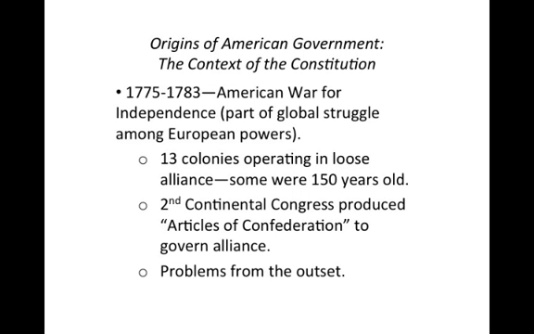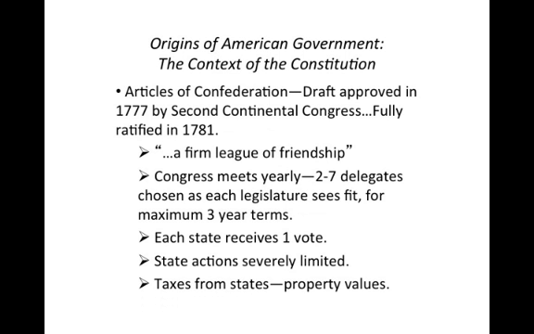You probably remember that there were continental congresses formulated with representatives from each of the 13 colonies to make decisions, to provide a national government structure during the war. The Second Continental Congress, in fact, produced the Articles of Confederation, and it took a number of years for those to be ratified and to go into effect. But there were problems with national governance under the Articles almost from the outset. As you go ahead and read the Articles of Confederation, which were ratified fully in 1781, I think you'll see